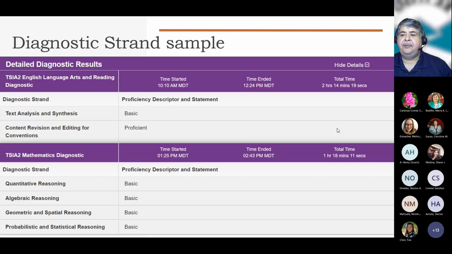Now, this is a sample of the diagnostic test. Once it produces the information and gives you the score, it will tell you that a particular area is just basic. The student has basic knowledge of that particular area, or is proficient on the area, or is advanced. And that way you can more or less know what area the student needs more concentration on in order to be able to pass the exam, be able to comply with the requirement of being college ready.